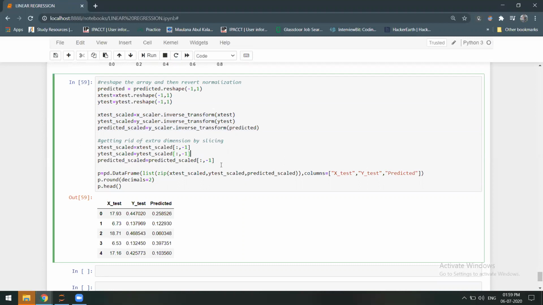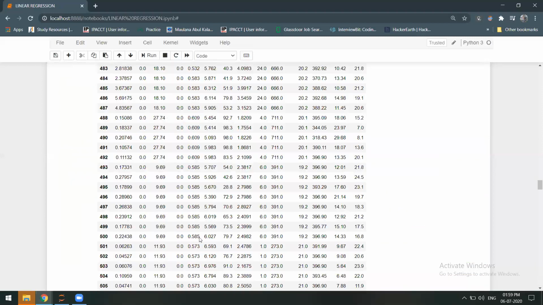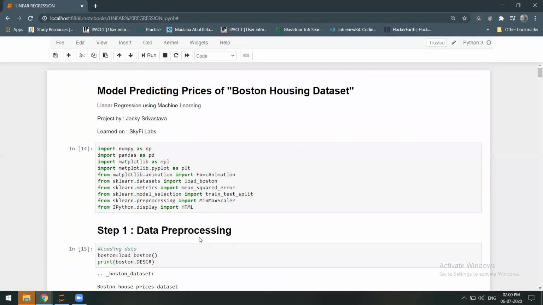Then we pass p as a data frame object, and the column names are x test, y test, and predicted. After printing p dot head we get the top 5 values, the starting 5 values. So we see that the linear regression model which I developed is running smoothly. That's all.